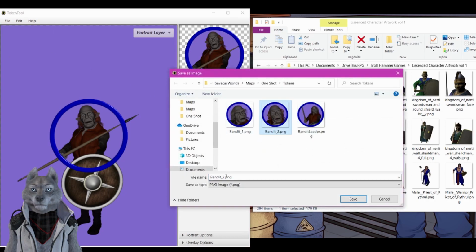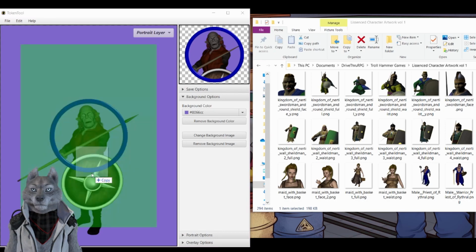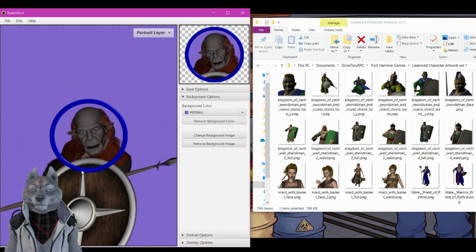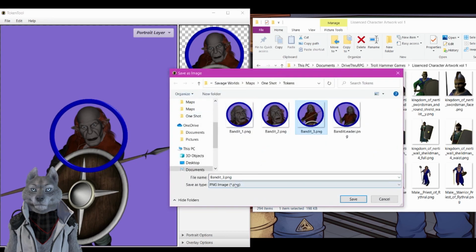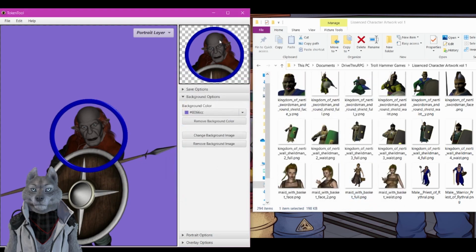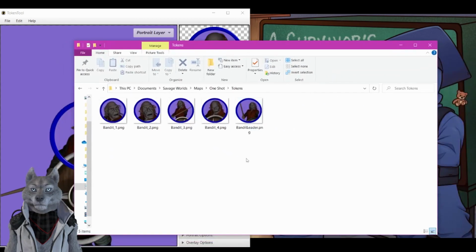Okay, so I have currently 3 bandits. I'll do one more. Okay, so I have the artwork set up. It is in the tokens directory, so I have a couple different pieces of artwork, and ready to head over